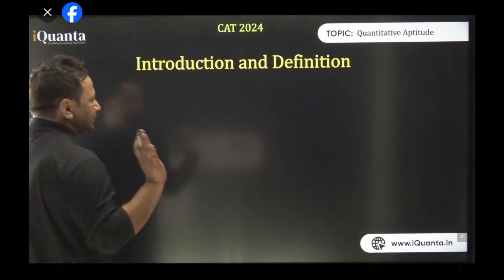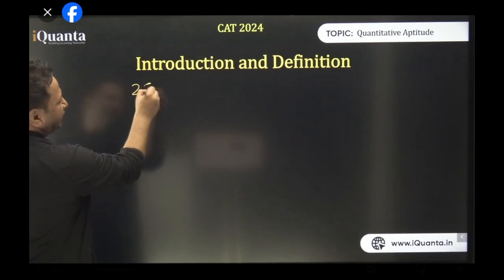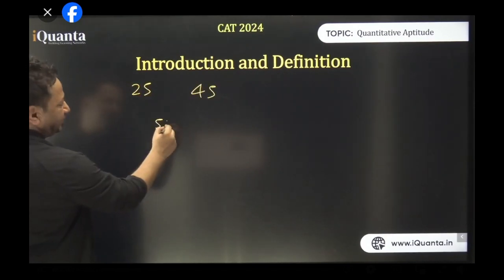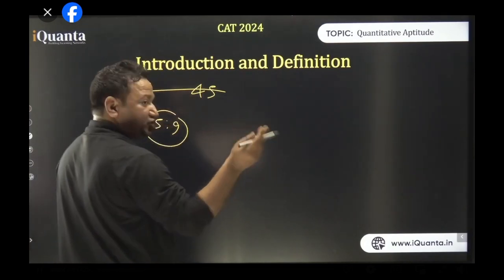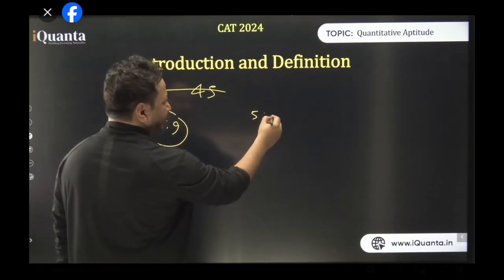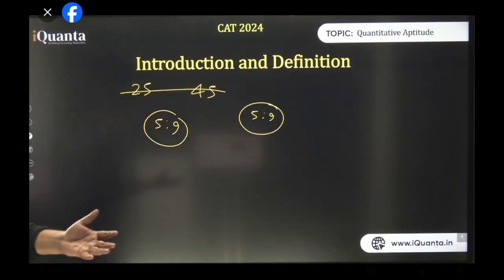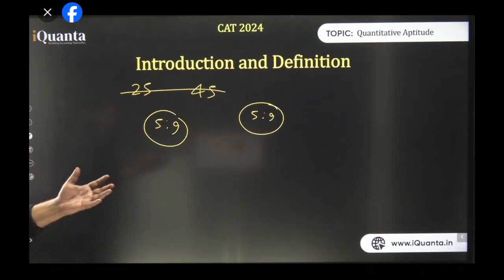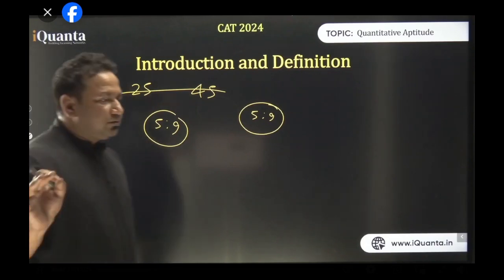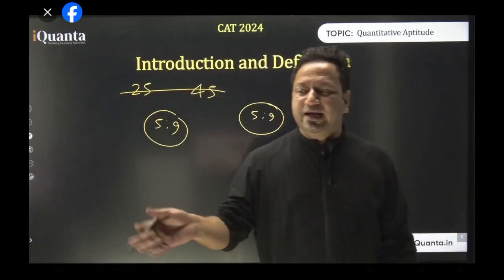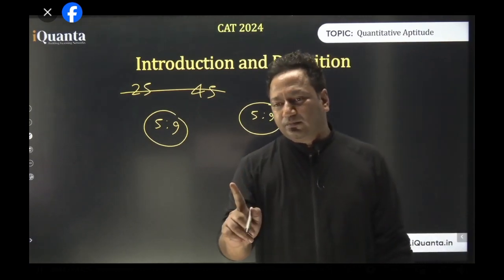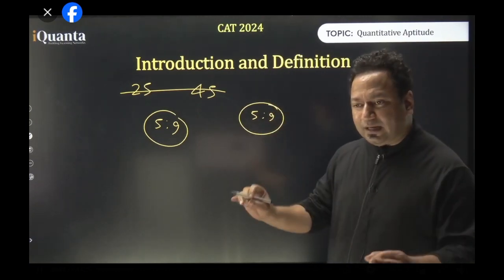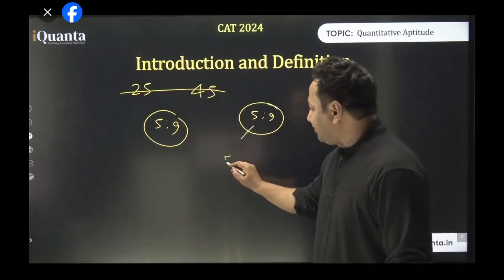See, when I gave an example of 25 and 45 chocolates, we calculated the ratio as 5:9. What if I do not give this to you and I say that the ratio of chocolates between a boy and a girl is 5:9? Then would you be able to calculate the exact number of chocolates? Those who could not understand where K comes from, tell me. If I tell you the ratio of chocolates between a boy and a girl is 5:9, we won't be able to calculate it. But there's one thing that we surely know, that the real number of chocolates would be a multiple of 5, any multiple of 5.